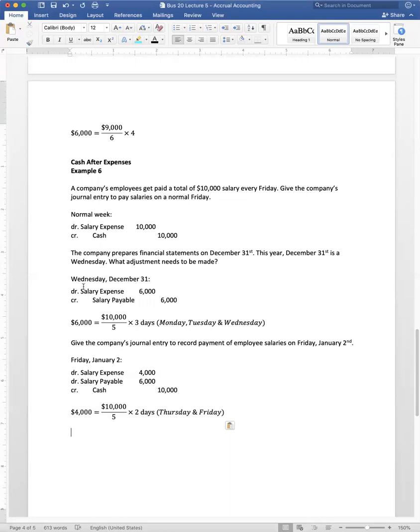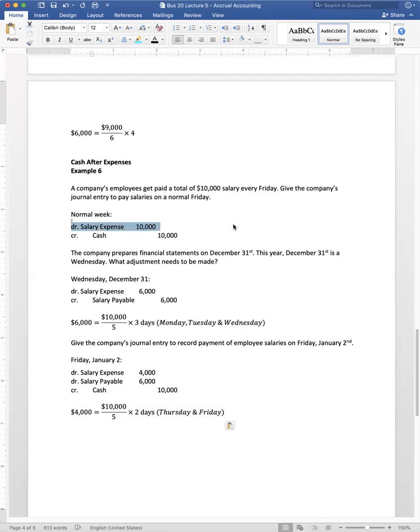So what's the overall effect of both of these? Well, the salary payable, I have a credit, I have a debit, that cancels out, right? So there's no salary payable after both these entries are completed. I have cash of $10,000. That's the same cash of $10,000 I had here. And for salary expense, I have salary expense of $4,000 and salary expense of $6,000, which is a total of